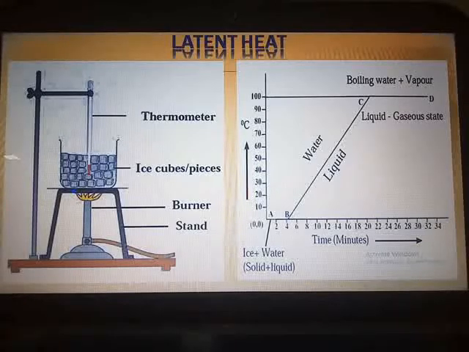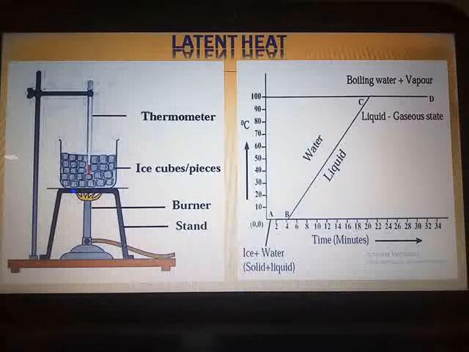In this, you can see here a glass beaker is taken and a few pieces of ice are taken in that beaker. You have to insert the bulb of the thermometer. You can see this reddish portion, that is the bulb of the thermometer in the ice. Measure its temperature. Put this beaker on the stand and heat the ice by using a burner. Record the temperature using the thermometer after every minute. After every minute, by using this thermometer, you are going to record the temperature.